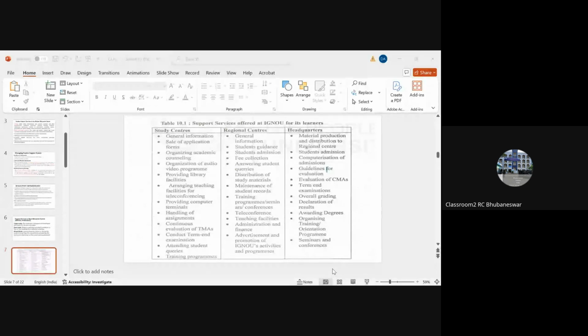Then students' admission, computerization of admission, guidance for evaluation, all the rules and regulations for examination evaluation. Term-end examination is conducted by headquarter. Overall grading, awarding degree and diploma, organizing training and orientation program, seminar and conference, and awarding the degree and sending